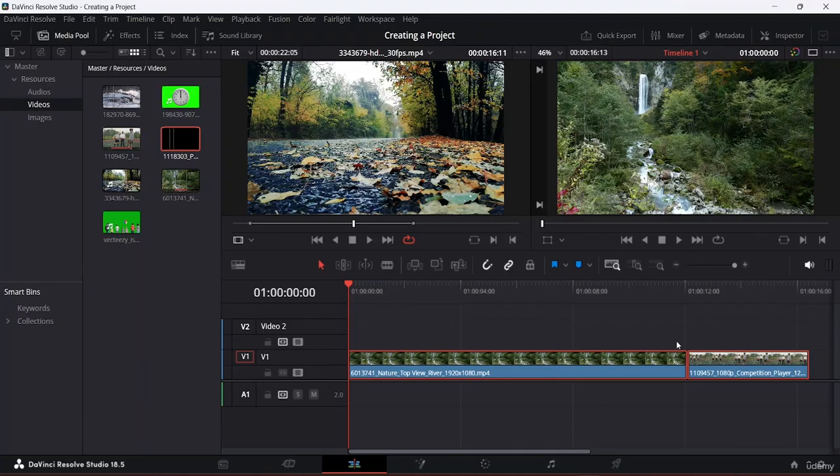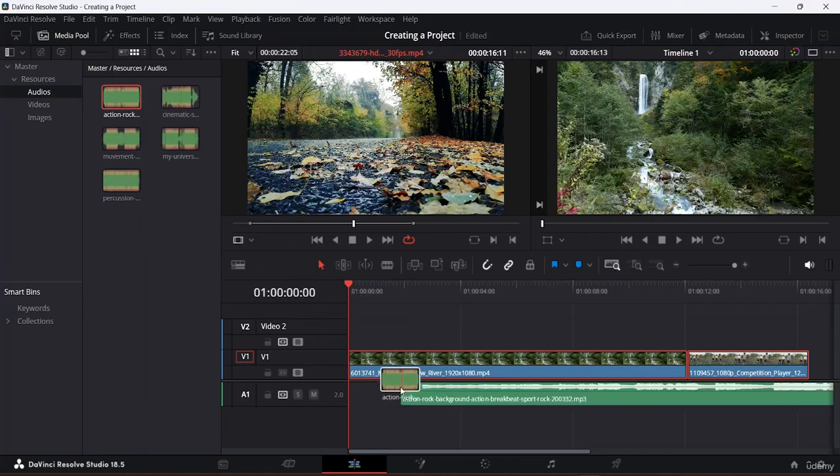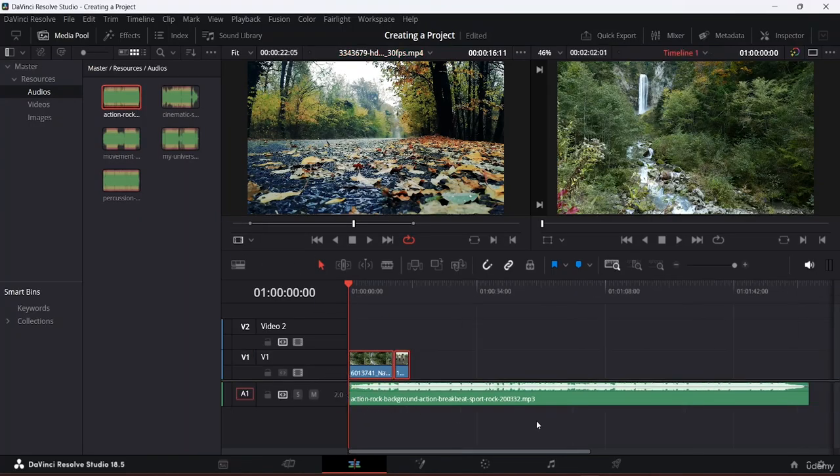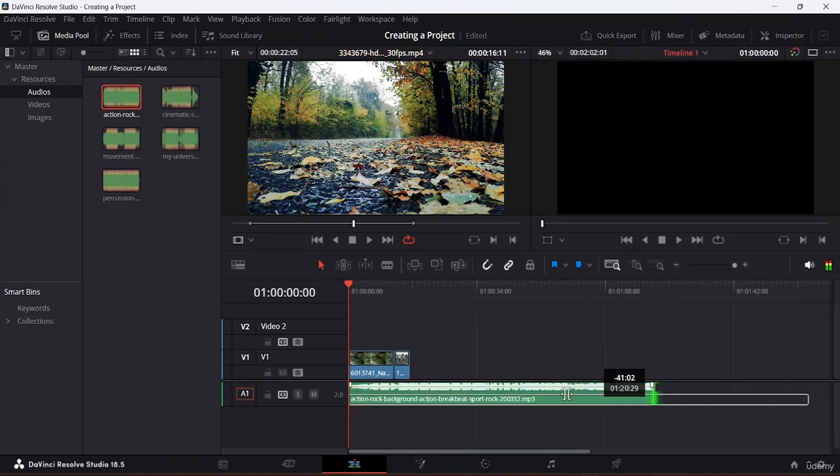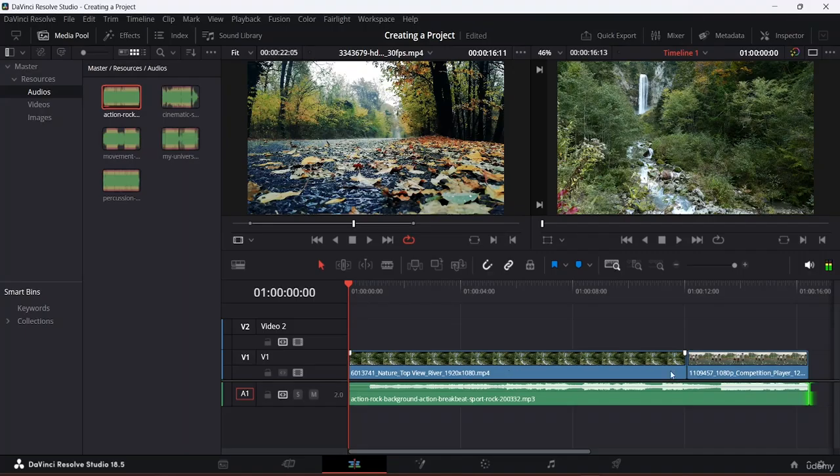And now what I can do is if I come here and let's say I will go to my audios, and from here now I want to place an audio right over here into this particular place. Let's trim it down. And now again, what I can do is once I have trimmed this particular thing down, if I just play it, here you guys can hear that I do have the audio. Okay, so now let's pause this thing down,